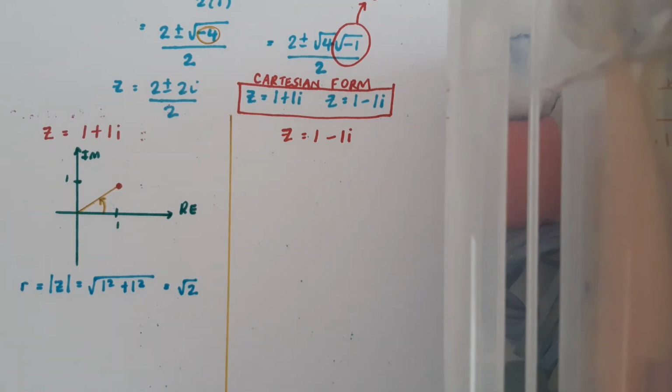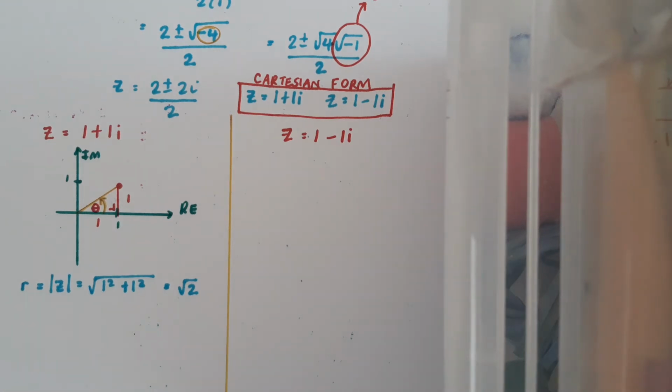My next step now is to find the argument, which is just the angle created between the positive sense of the real axis and the modulus. And to do that, I'm going to drop a line from the complex number to the real axis first of all. And this creates a right angle triangle. And I know 2 of the sides. In fact, I suppose really I know 3 of the sides because I'm after working out the modulus, but I'm going to work with the ones that come from the Cartesian form of the complex number. So 1 and 1,